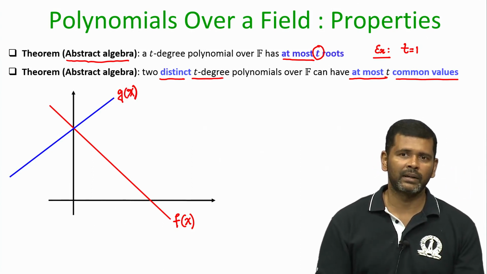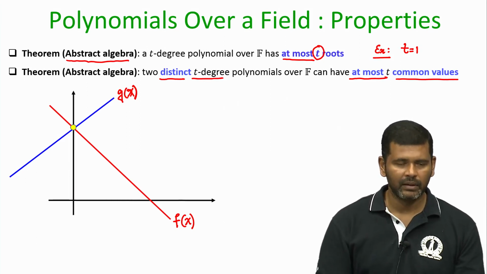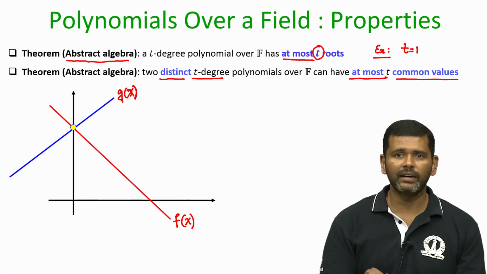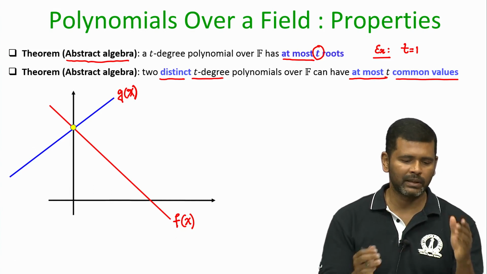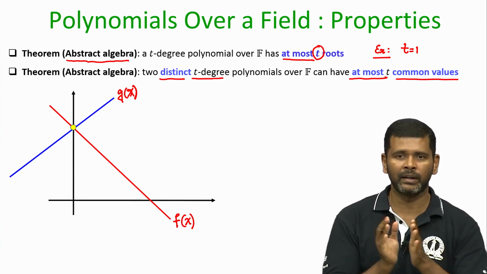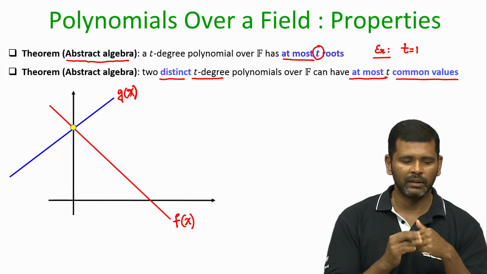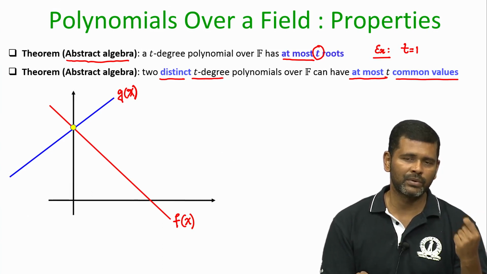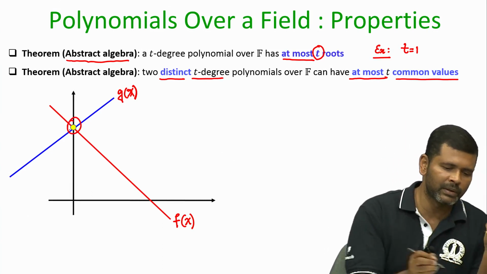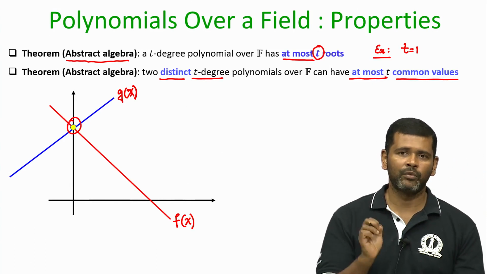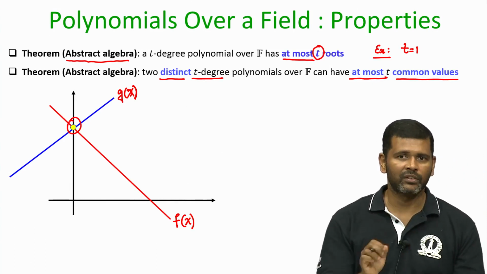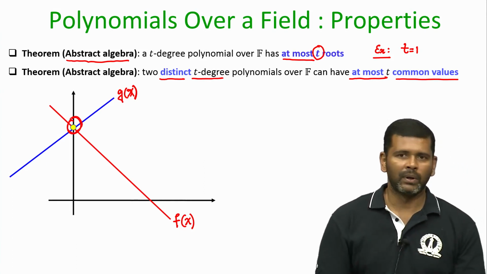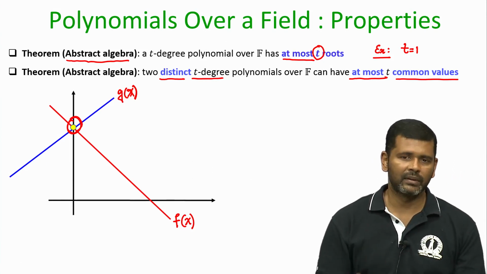Now, it is a well known fact that if I take two different straight lines, they can have at most one point common, right, at most. It is not necessary that they definitely have one common point. It could be the case that the two straight lines are parallel and they never intersect at all. But if at all they intersect, they can intersect at most at one point, and that one point will be common in the sense it lies both on the blue straight line as well as on the red straight line. That means, I can say that this point belongs to g of x as well as f of x.